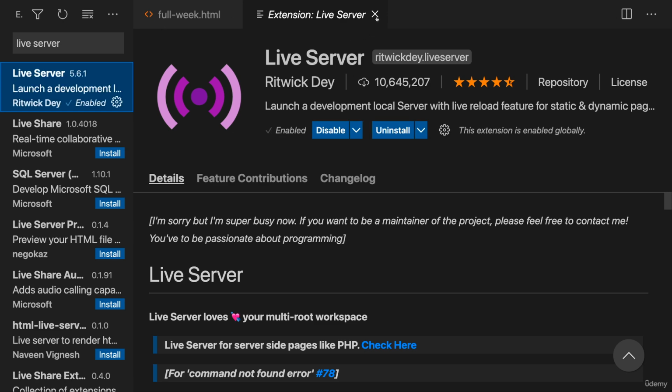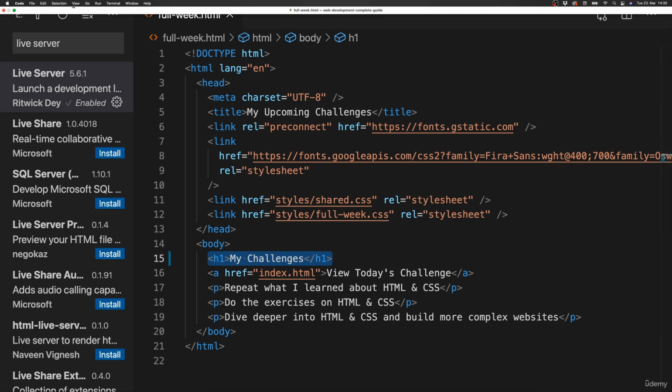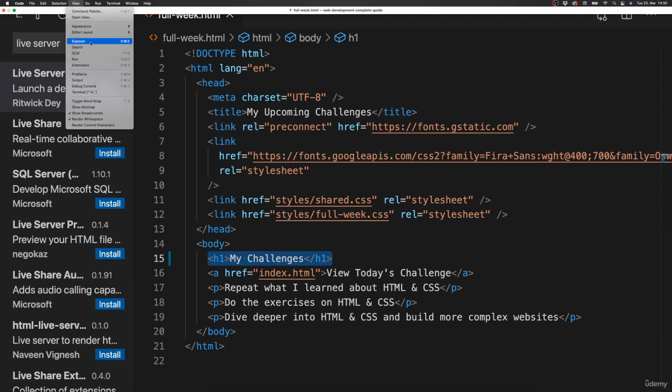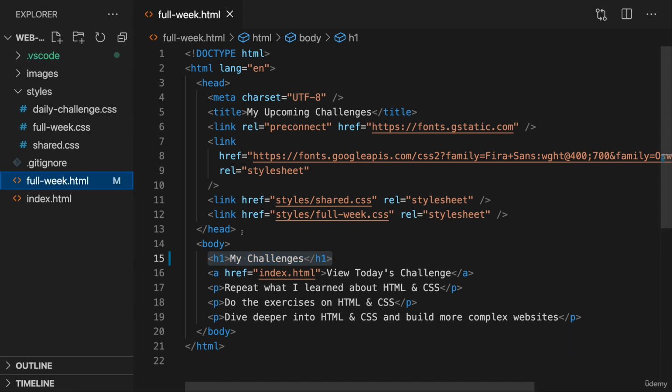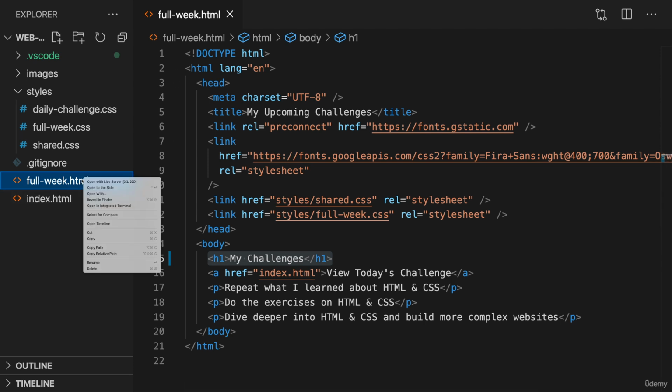Once this is done, we can now close this and go back to our Explorer here. A quick side note here, the first folder now in our Explorer is this VS Code folder highlighted green here. This is just added by our live server, nothing important for us here. And now you can select one of the HTML files. I'll go for the full week HTML file here, right click onto the file name and now select Open with